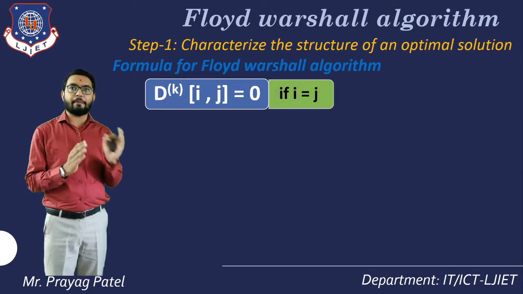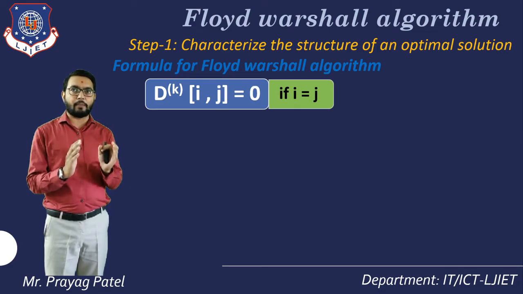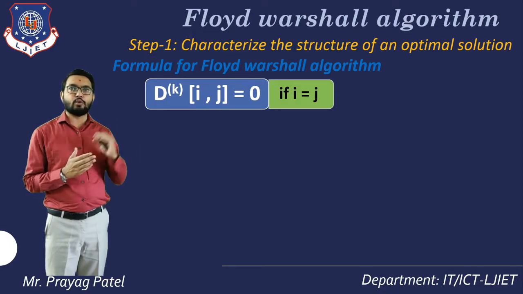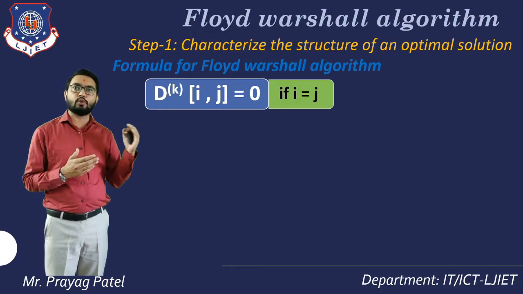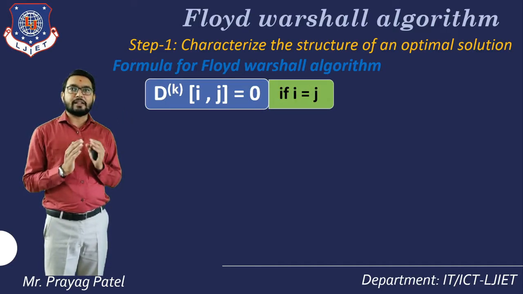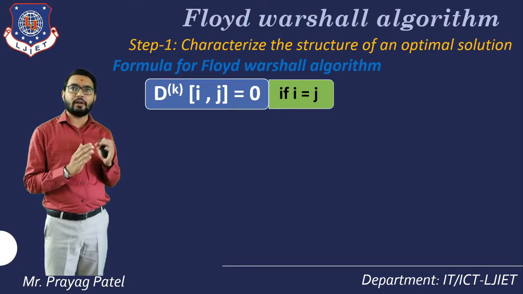Here d of k means the table or matrix D, and i and j are the node numbers, the path from node i to node j. If i equals j, means node 1 to 1, node 2 to 2, 3 to 3, 4 to 4, means n to n,